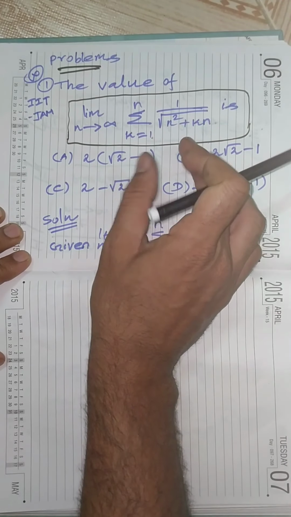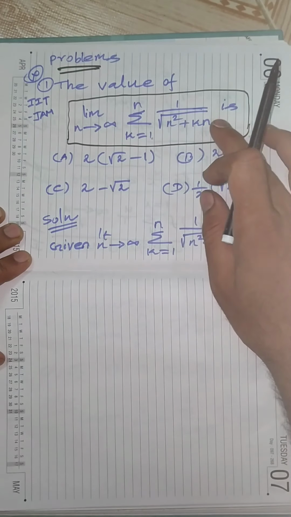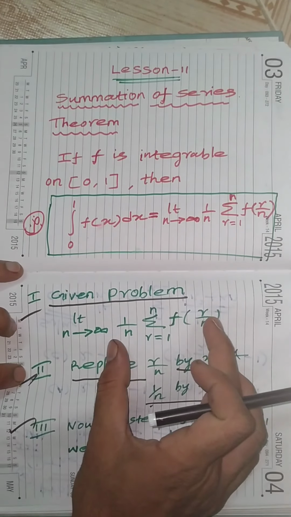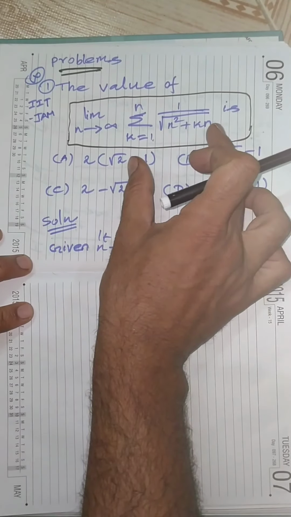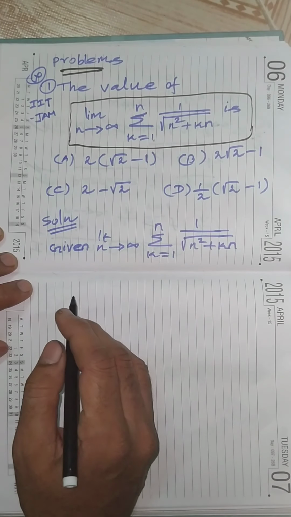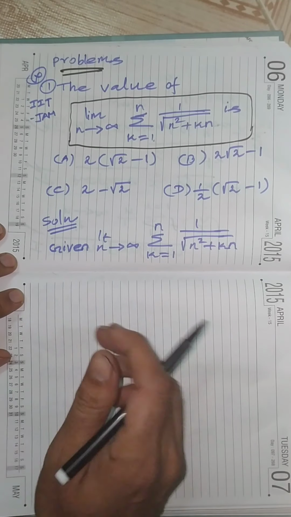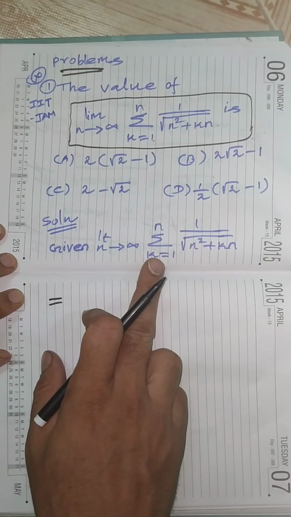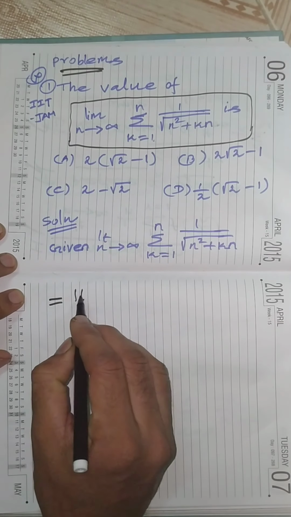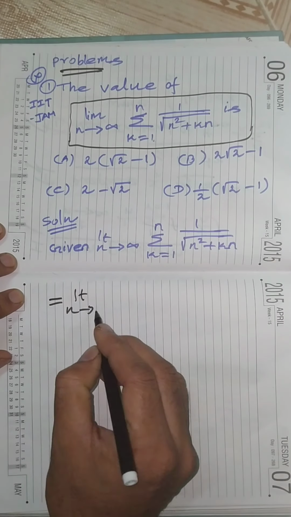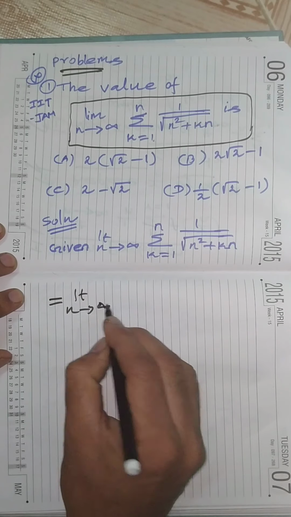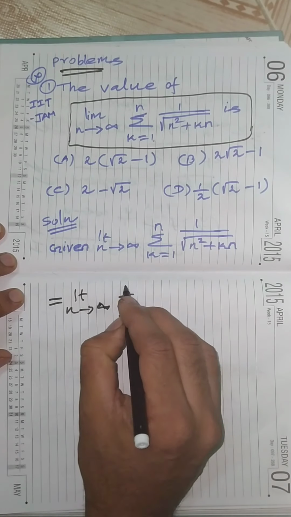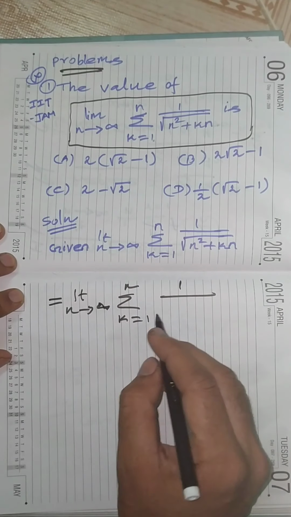So it seems to be in the same form, so this is very important. We bring the same pattern. As given, I take the limit as n tends to infinity of the summation k equal to 1 to n of 1 divided by